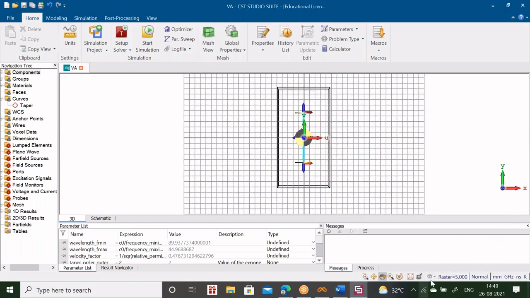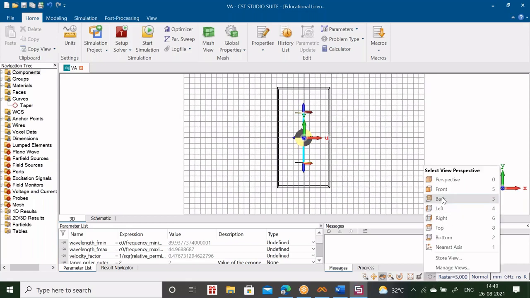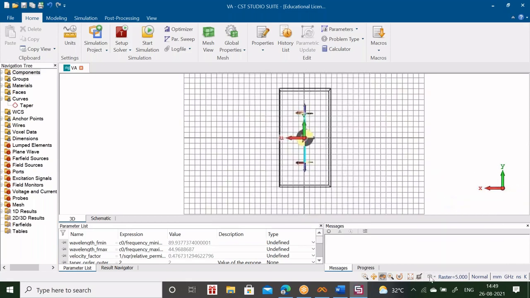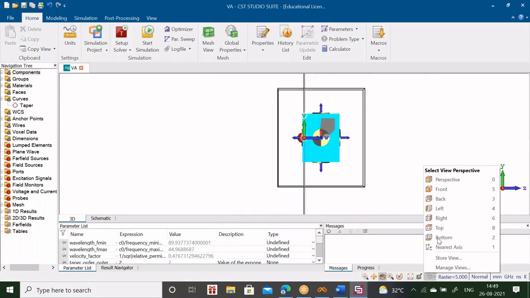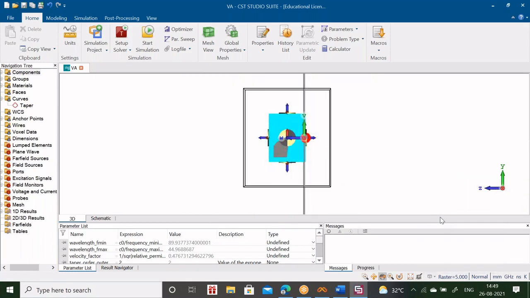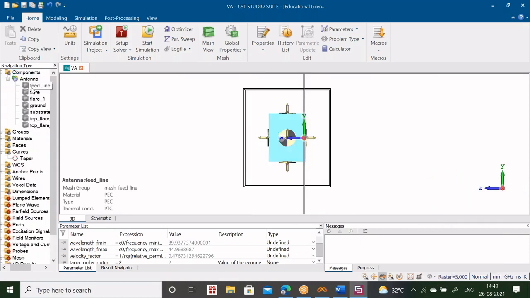It will show you the front side, back side, left side, right side, all the things you can see. Okay, if you go to components, you can see all the individual elements: feed line, flared element 2, ground, substrate, top layer.